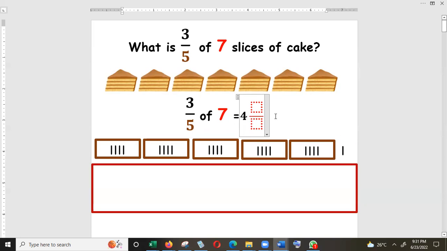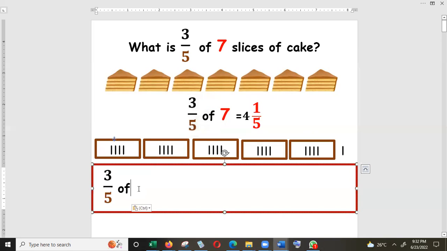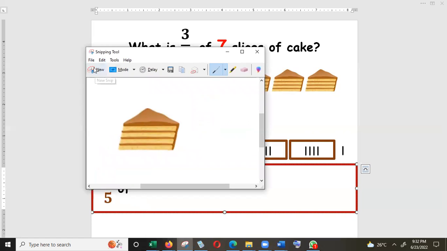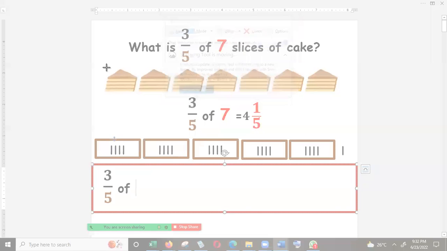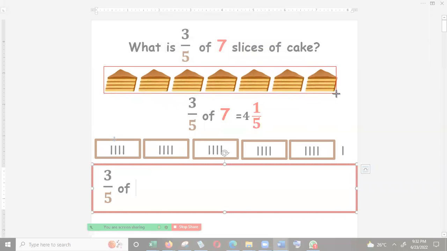And there is 1 out of the 5. 1, 2, 3, 4, 5. So there's 1 extra out of the 5. So 3/5 of 7 is equal to 4 and 1/5. So therefore, if we want to take 3/5 of 7 slices of equally sized pieces of cake,